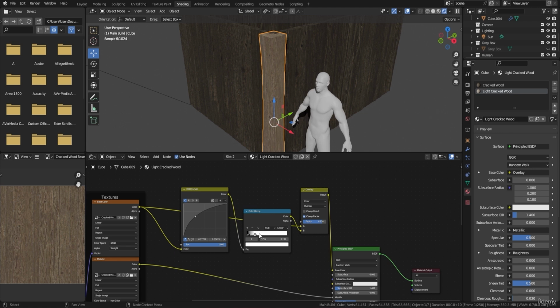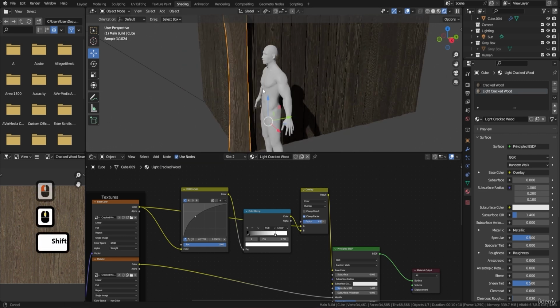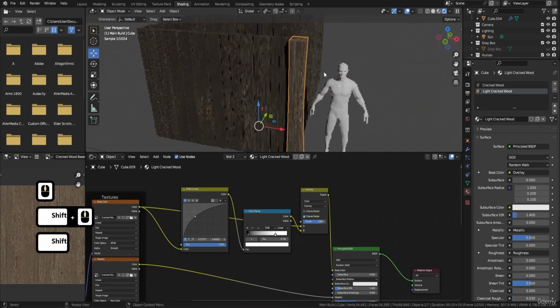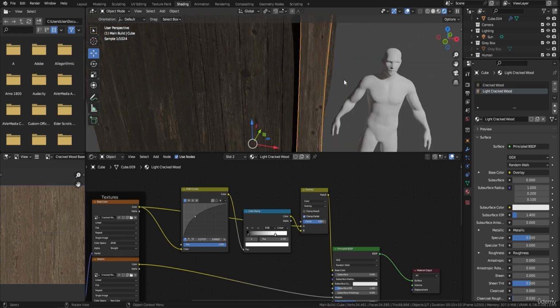Now, of course, this is way too light. I'm just going to bring it back down a little bit. I'm also going to bring this down. Let's bring it down or up just to get it into something. Now, it wants to be very close to what you've already got, while looking slightly different. It's a very hard thing to get right, but you can see here, if I double tap the A,